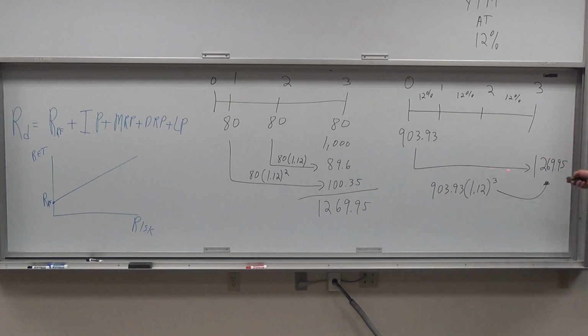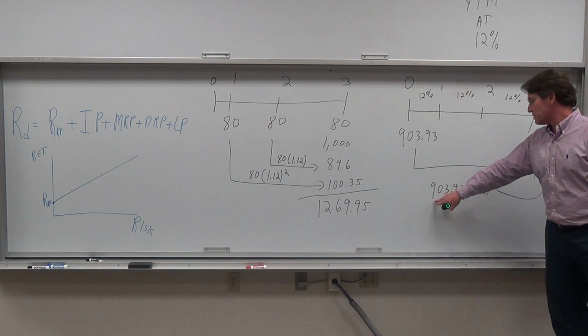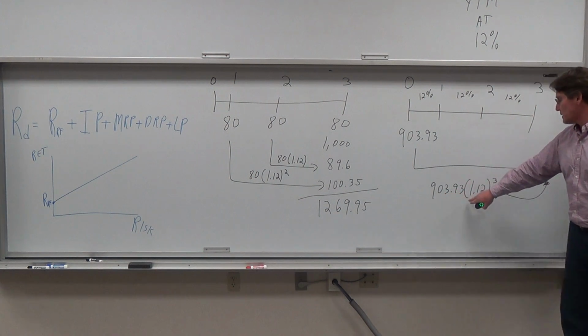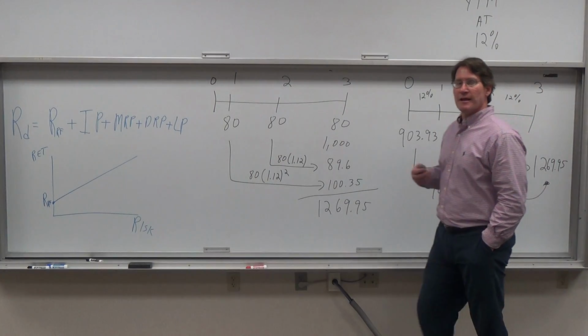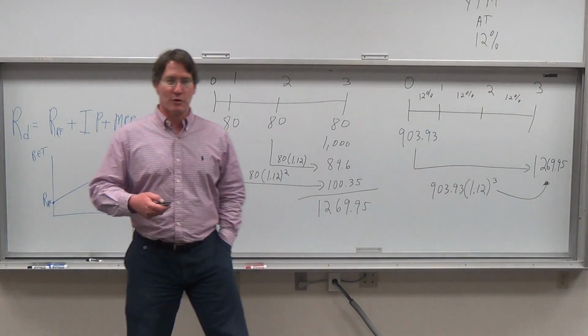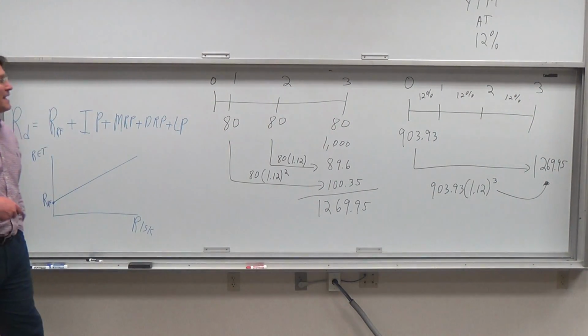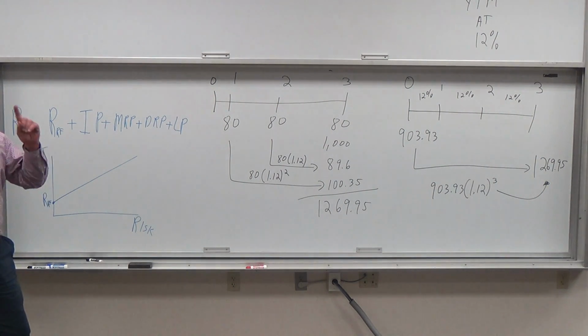That 903.93 is going to grow to 1269.95. How did I get that? Well, it's a future value equation. Future value is present value times 1 plus r to the t. So the future value is 903.93 times 1.12 to the third. It grows to 1269.95. In other words, if I asked you the following question, you can invest 903.93 in an investment